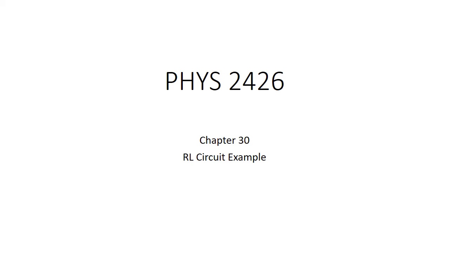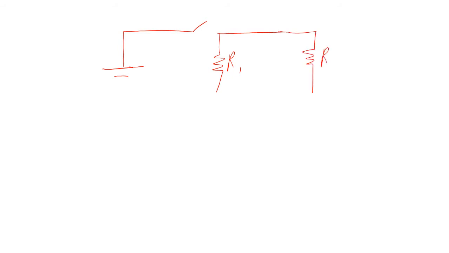So I wanted to do an example of an RL circuit. So what we're going to do is we're going to consider an RL circuit as follows. So let's consider we've got a battery, a switch, resistor R1, a resistor R2, and an inductor L,